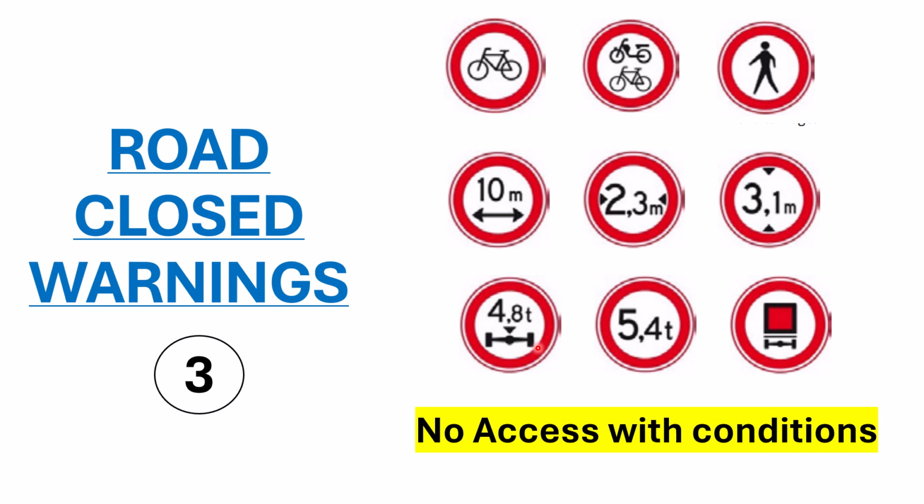And this is showing the axle, and this downward pointing arrow is representing that if the axle load of the vehicle is 4.8 tons or more than that, that vehicle is not allowed to enter. This applies for axle load. If the axle load is 4.8 ton, it does not include the vehicle load, the weight of the vehicle itself. And if that sign is there with 5.4 ton, it means it includes the vehicle weight itself, also the axle load. If in total the load of the vehicle is 5.4 ton, that vehicle is not allowed to enter that